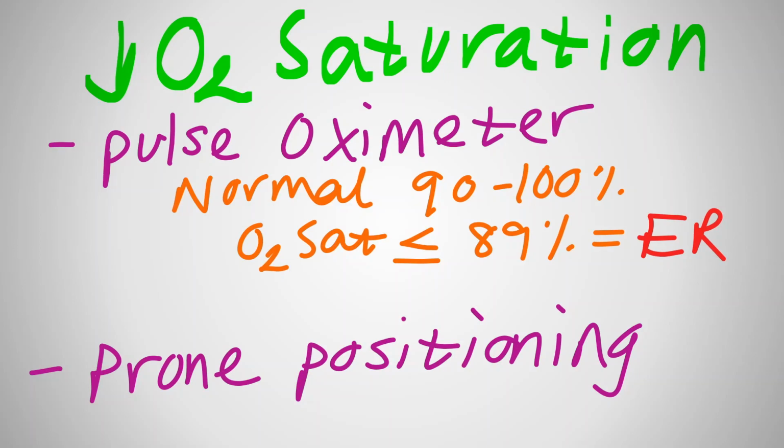For the decreased oxygen saturation, if you're experiencing this, use your pulse oximeter. Make sure you have a decreased oxygen saturation. If it is 89%, make sure you go to the emergency room. Even in the hospital now, I've read some things where they are practicing what's called prone positioning in patients who